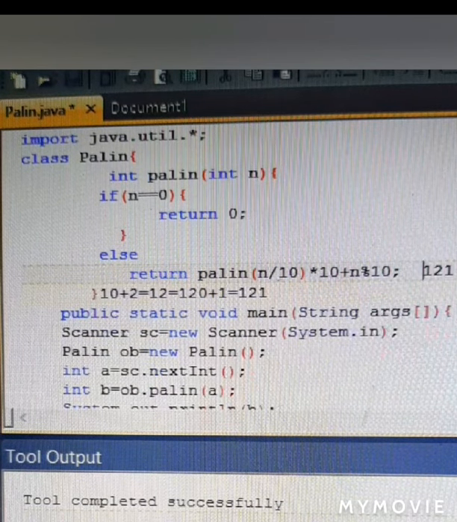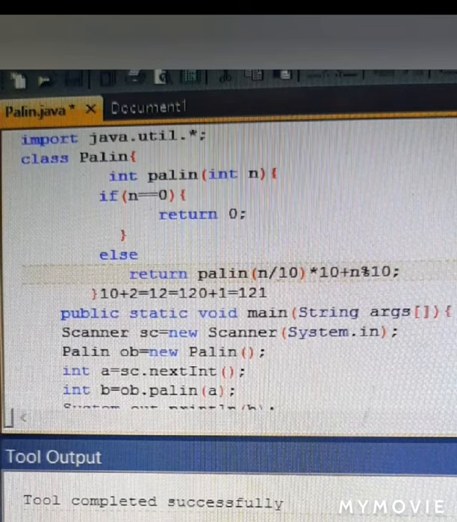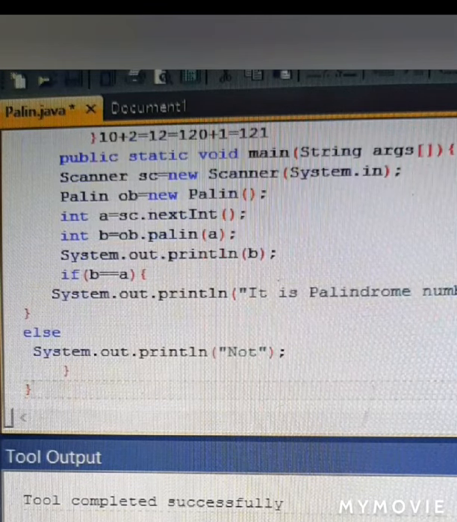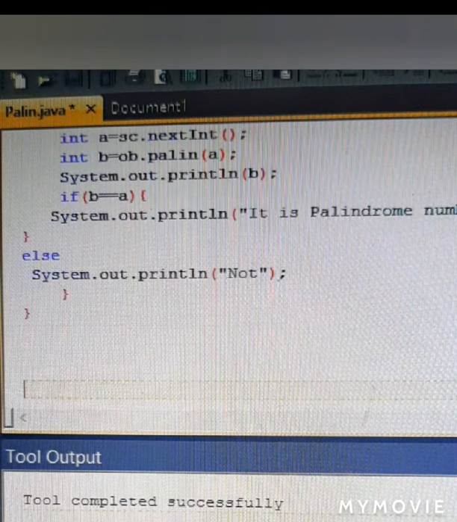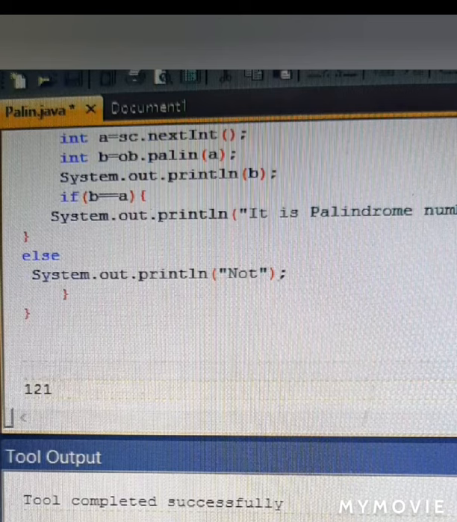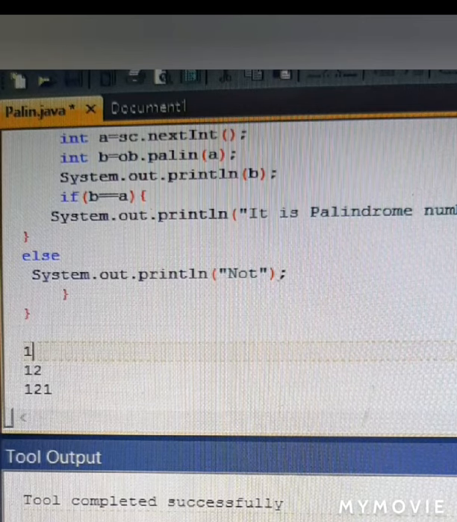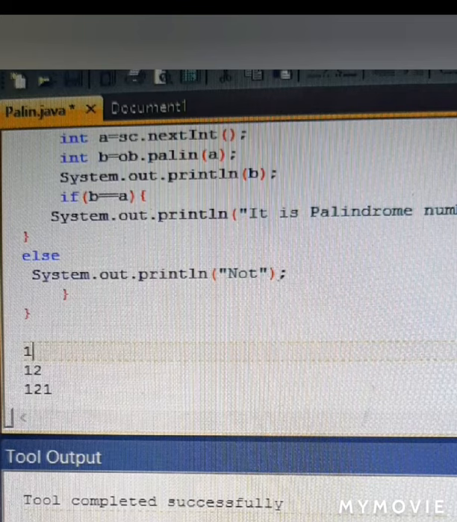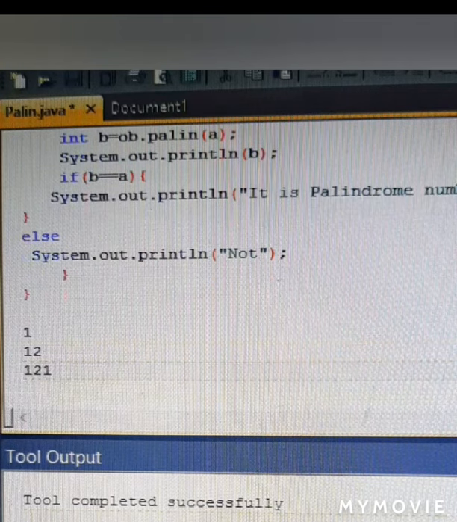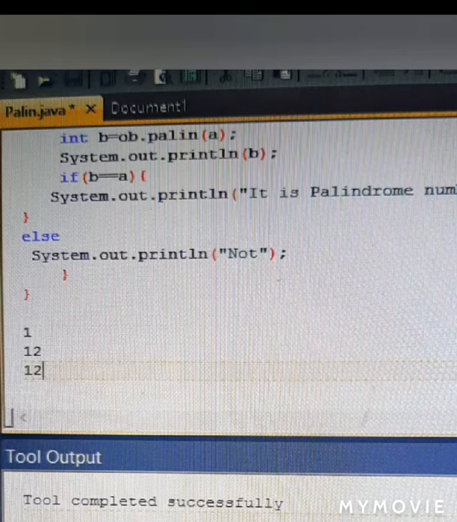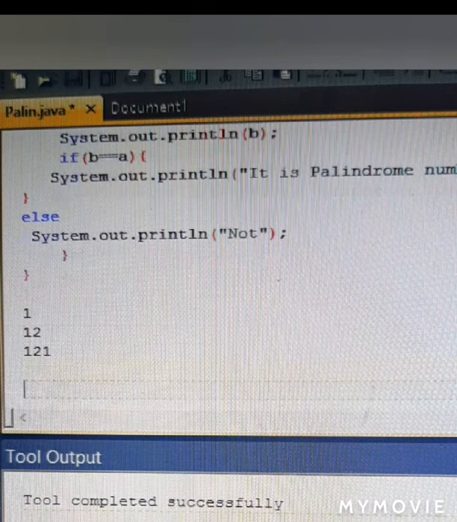Let me make it clear at the bottom of this window. 121, above it we had 12, and above it 1, because stack memory places each and every quotient one above the other. Now when the base case was true, that now n has become 0, it will return 0 back into the recursive function where we already have into 10.